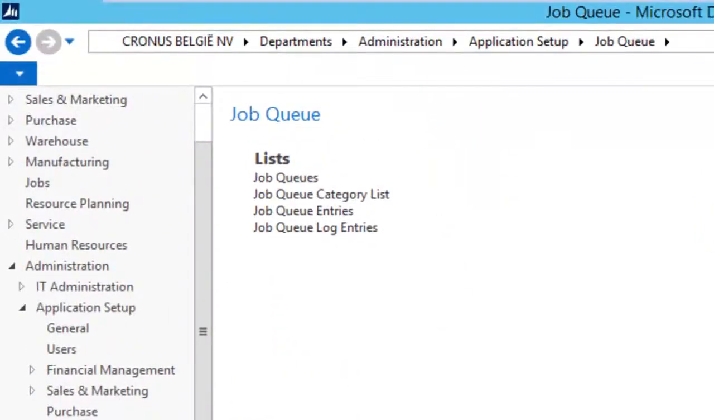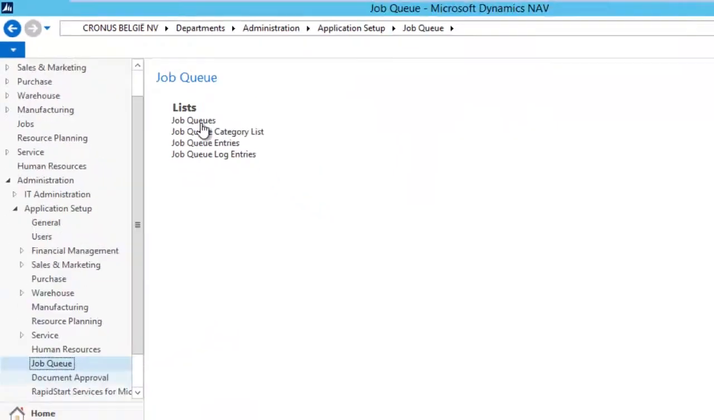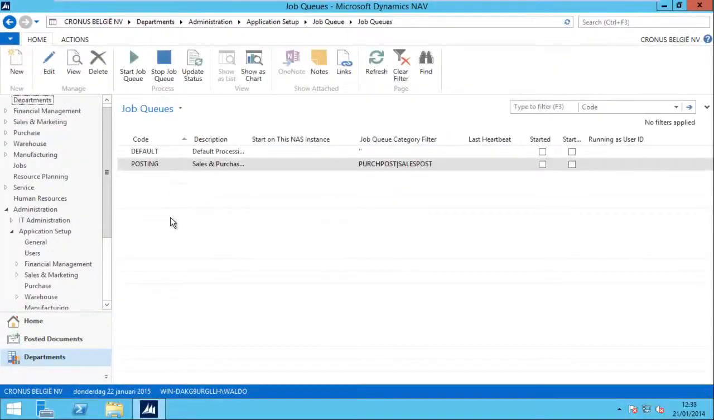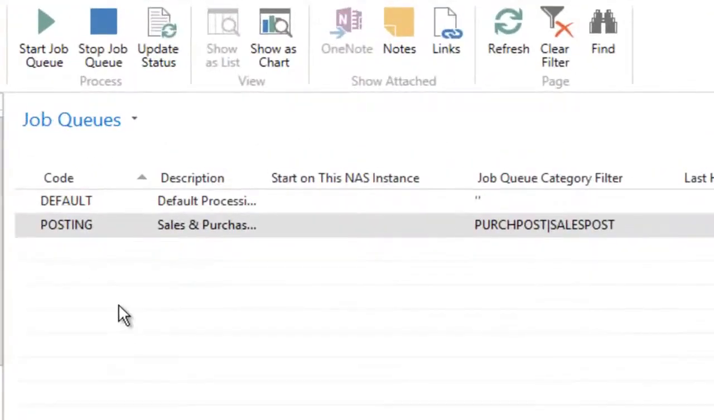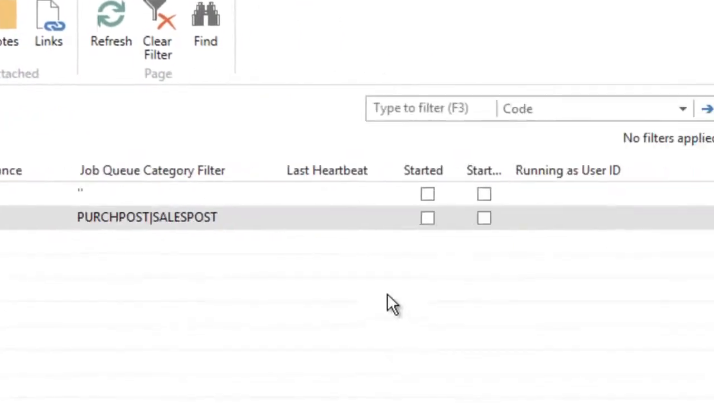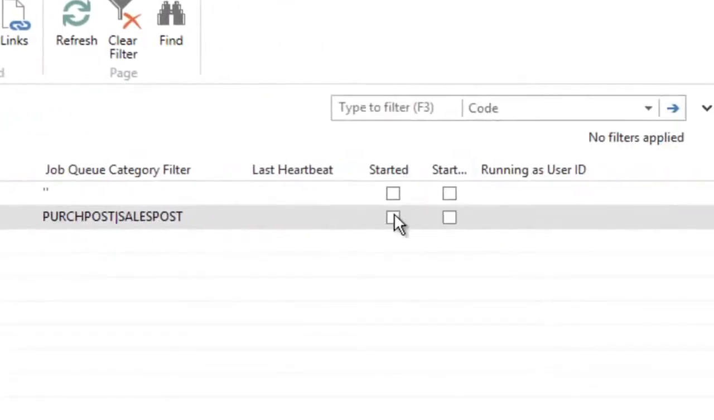Now, the highest level in the job queue functionality is the job queue itself. A job queue can be seen as a collection of jobs that has to be run in the background. And these jobs can be either recurring or a one-time thing. If the job queue is not running, the job queue entries will not be running either. As you can see, I've got 2 job queues, a default and a posting, and neither of these are started. So none of the job queue entries, none of the code units that are scheduled will be running at this